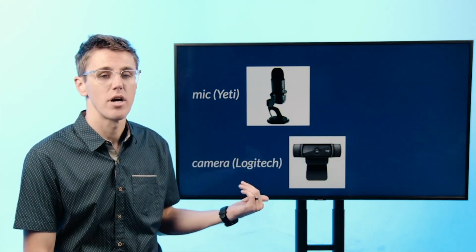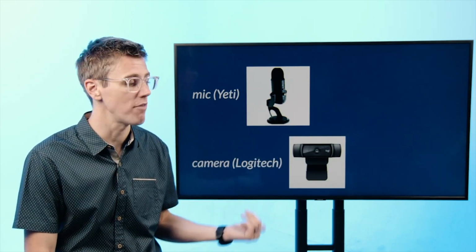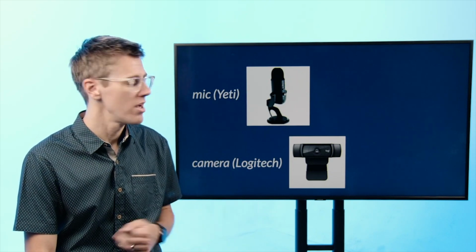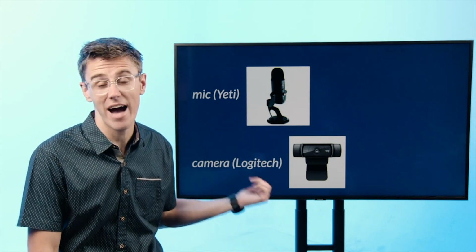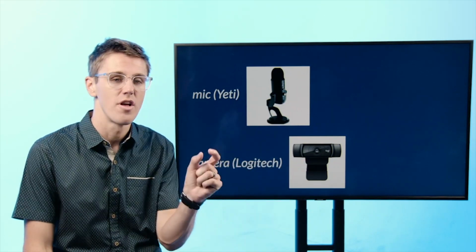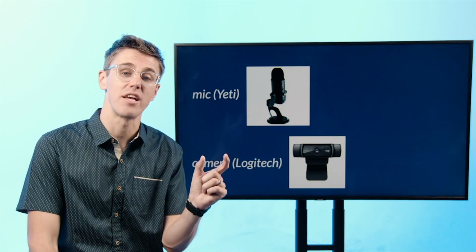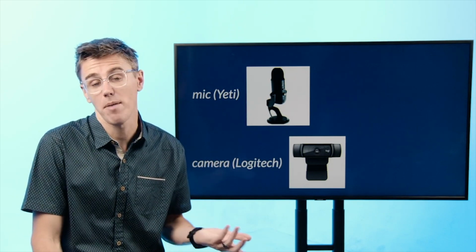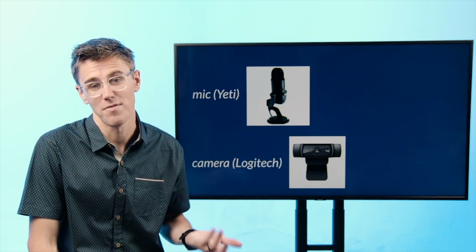A camera, an external webcam, is super helpful. This is a Logitech camera. This is pretty basic. I think I have this exact camera. When I first bought it, it was over $100. I think they're down near $60 now. And it's USB. Again, I just hook it up and it allows me a couple things. It allows me to have higher quality. You can see in this photo that this lens is bigger and it lets in more light. So my space looks better if it's darker compared to if I was just using the camera built into my Mac.